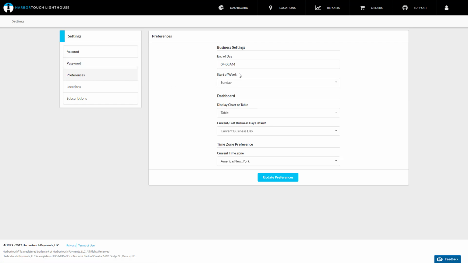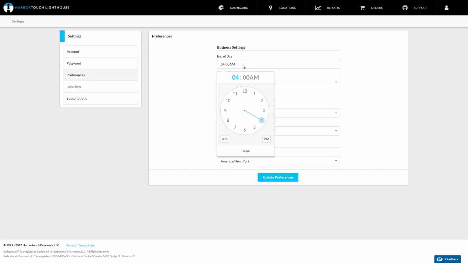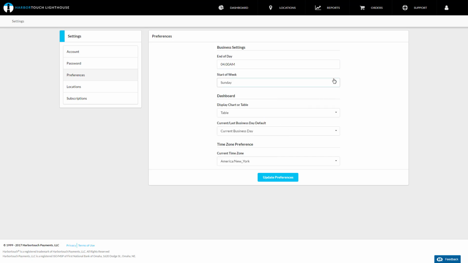The End of Day field allows the business to select the time the business report stopped reporting for a business day and roll over to the next. Start of the week indicates when the merchant starts a new business week for labor reporting. Display Chart or Table allows you to select whether the financial overview is displayed in a table or chart format. The Last Business Day and Current Business Day option allows you to select whether the reports pull current data or